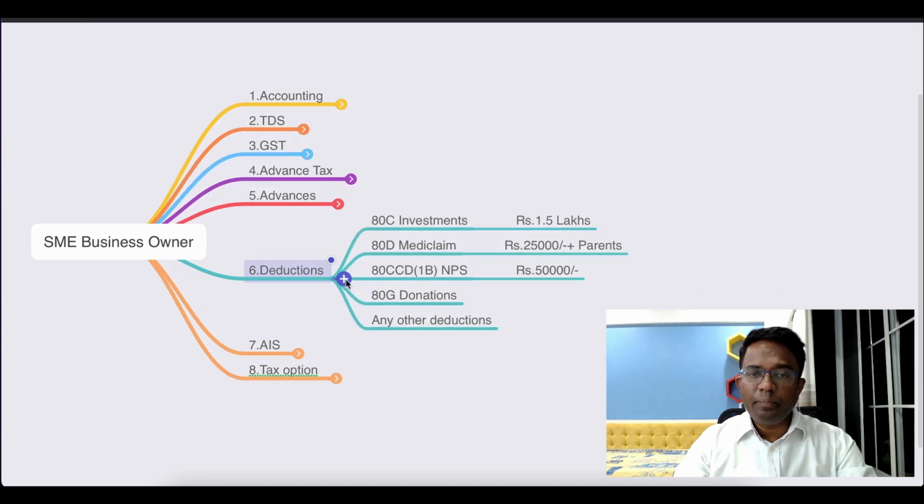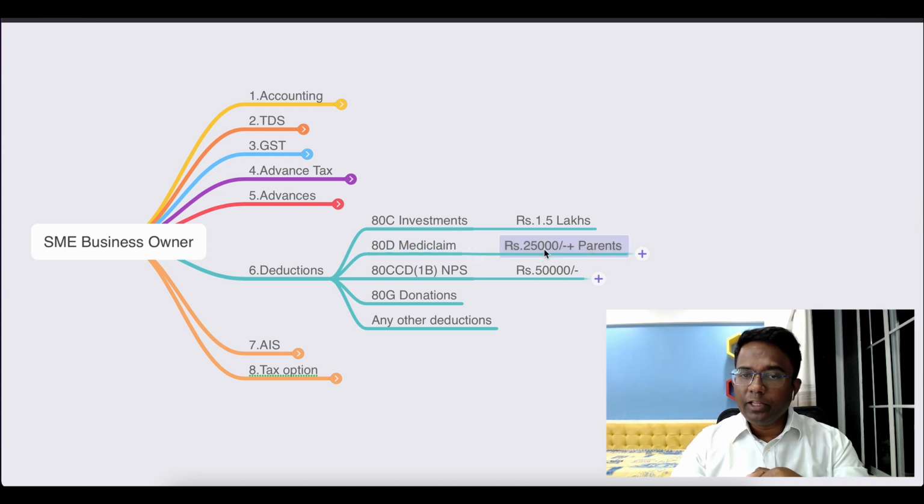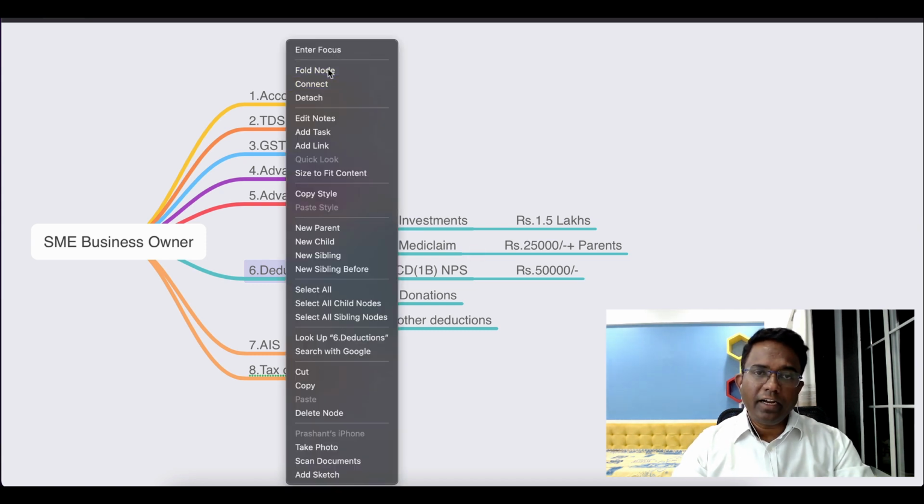So these are the points on the advances. The next one is deductions, which could be 80C, 80D, 80CCD(1B), that is NPS. If you are giving donations, then donations and any other deduction. So check the limit. Under 80C you can claim up to 1.5 lakh. Then if you have mediclaim, 25,000 for yourself plus for your parents, either 25,000 or, if the parents are 60 years and above, 50,000, right? And in the National Pension Scheme it will be 50,000. So check the limits. Check whether you have invested this much amount, you have paid this much amount, and you have the proof in place, right? Just to save the taxes.